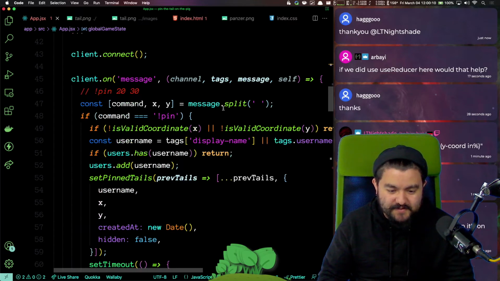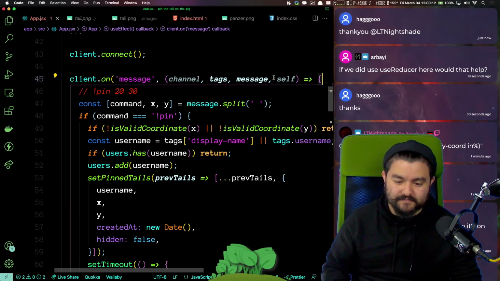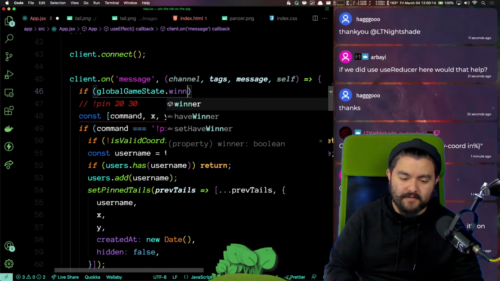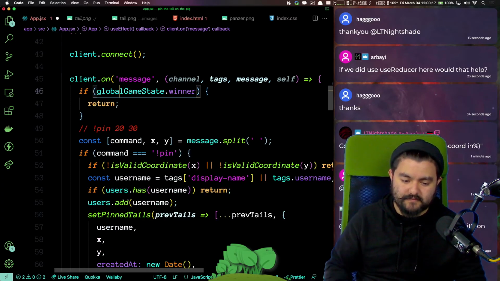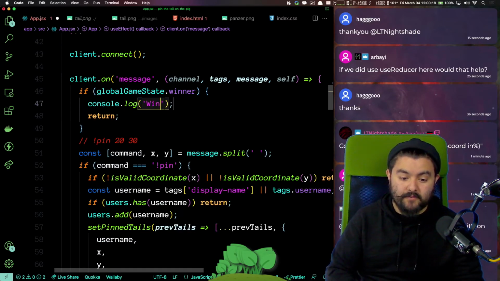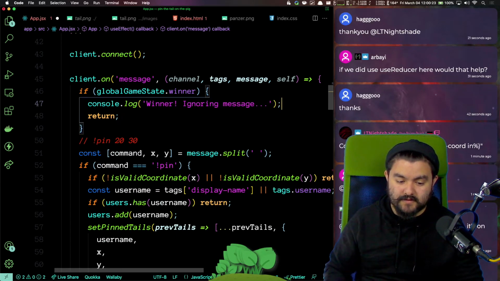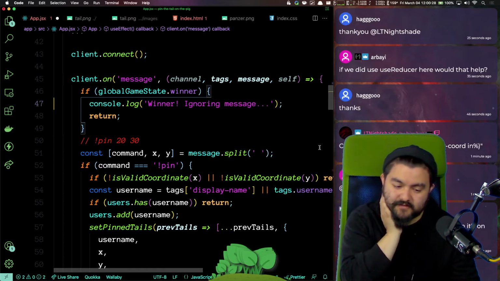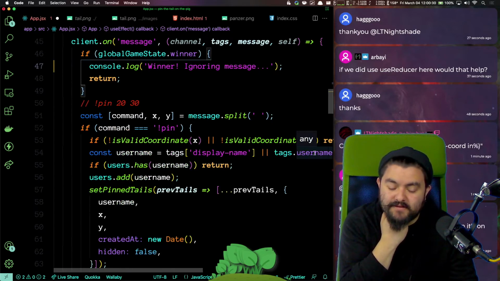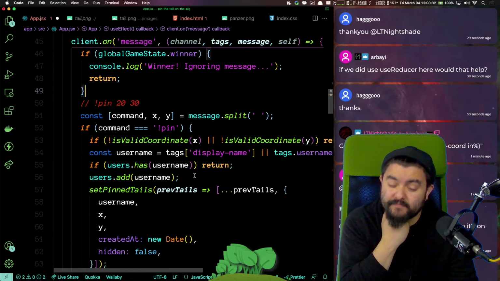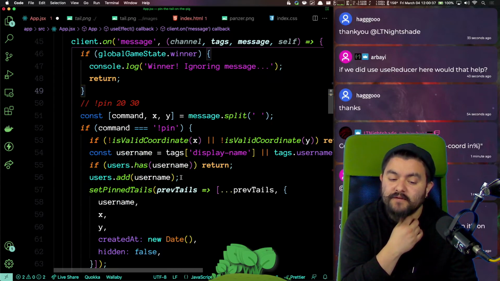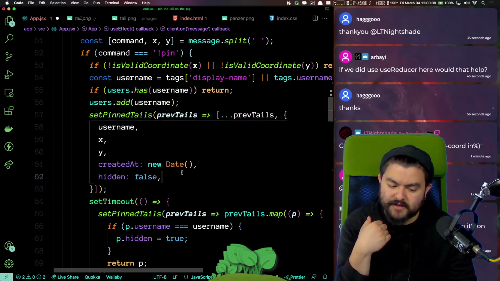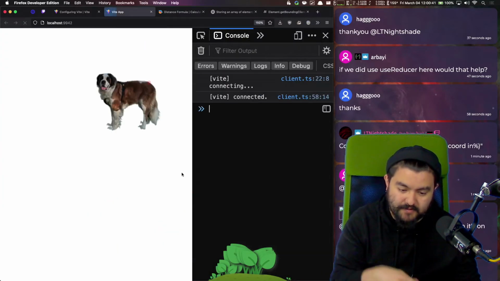So what we can do is say if there is a winner, just return winner ignoring message. That's the main thing I was having an issue with that we needed to solve. So now nobody can add to the page after somebody has won. And then after 5 seconds or so, we can reset that and reset everything on the page and put pig in a new location. Let's try it. All right, we reset.